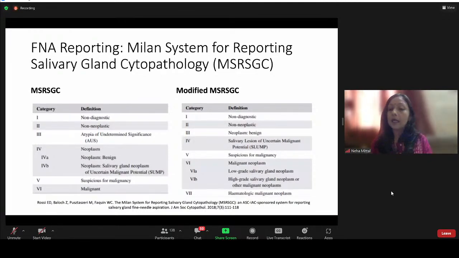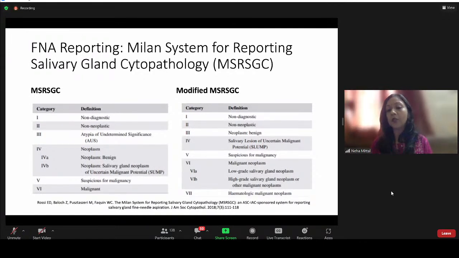Milan is not yet very widely accepted, and there is a modified Milan which has come up from Dr. Ruta Gupta, the Australian group, which is further stratifying these into multiple categories. But by and large, the goal of FNA in salivary gland is to distinguish non-neoplastic versus neoplastic, low-grade neoplastic versus benign, and high-grade. In a core biopsy, you have the advantage of tissue,